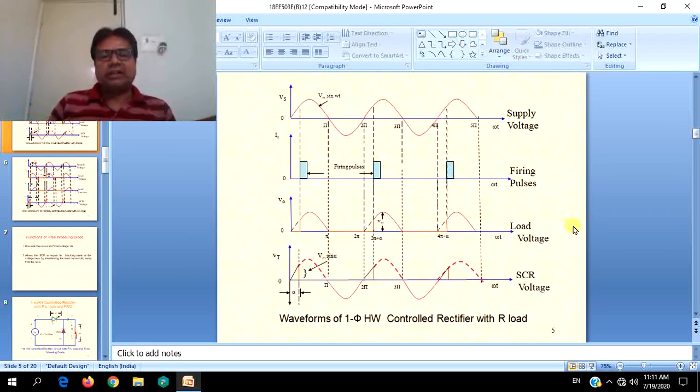When only one SCR is there, this discontinuity will be more. If you go on adding more SCRs for both the directions to make it full wave rectification, and further increase the SCRs to have a bridge, then by increasing the number of pulses, the load voltage and load currents will become continuous, as if it were a straight or constant DC, which is the actual goal of any converter or rectifier.